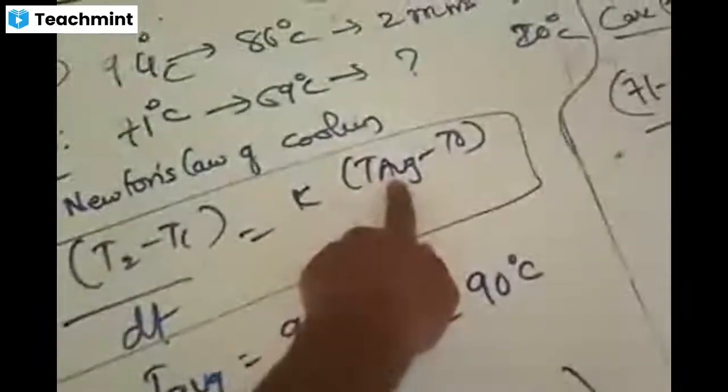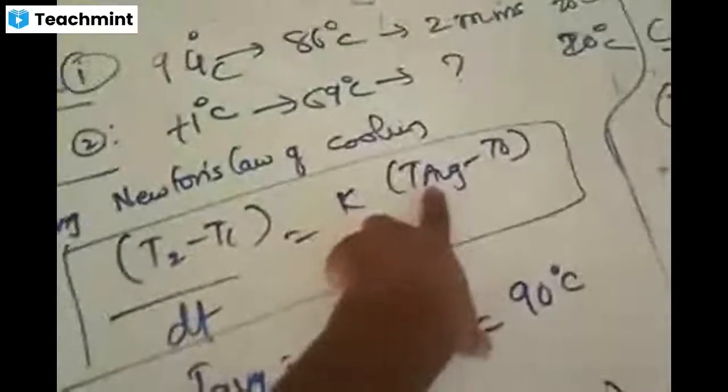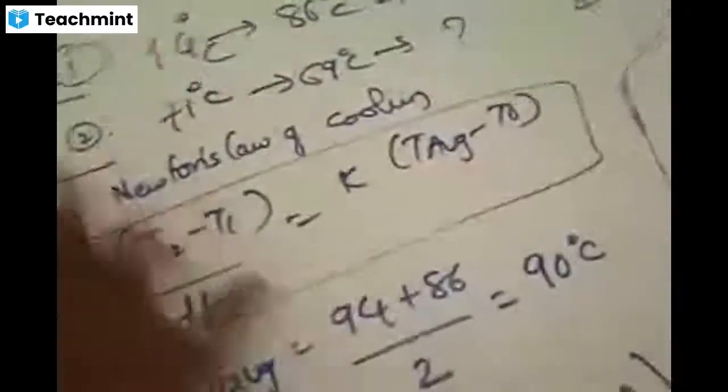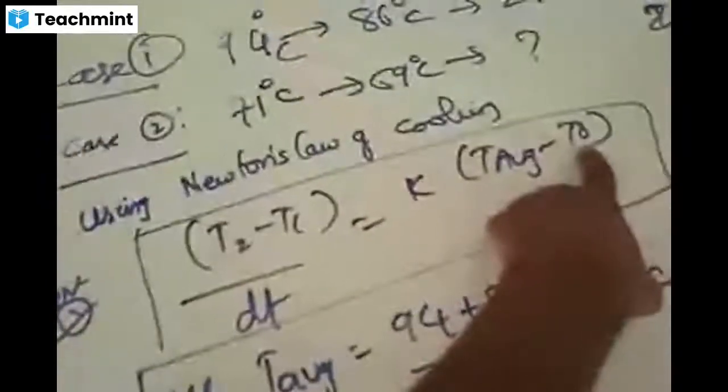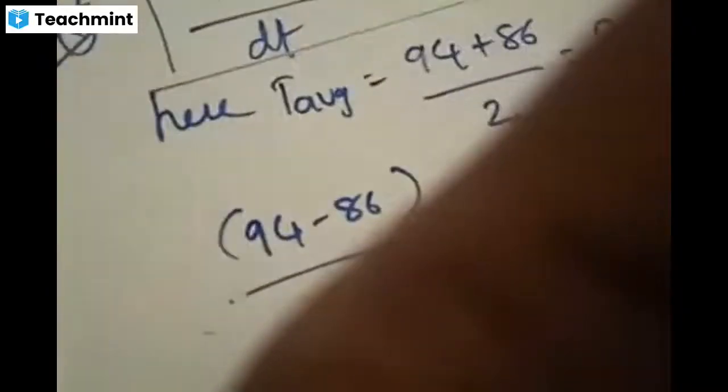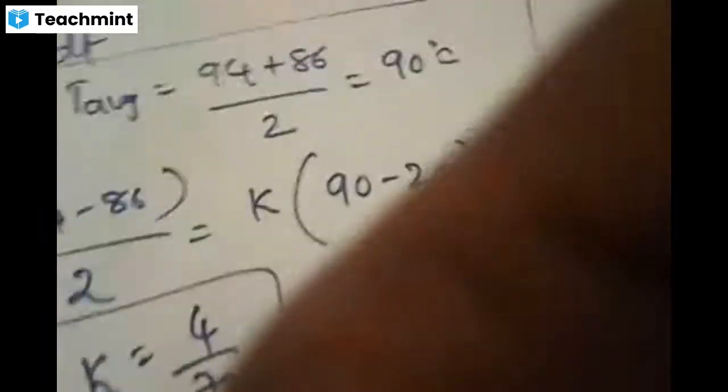If these two are given, this is also given. If these two values are given, it means that T average is also given. Then in that case, if all the data is given, you may be asked to find the room temperature. Is the concept clear? Change of temperature by time is equal to K into the average change of room temperature. Is the point clear? Shall I now conclude this session?